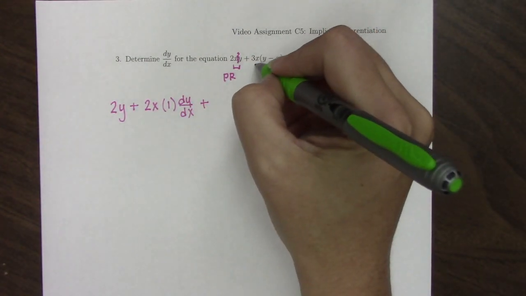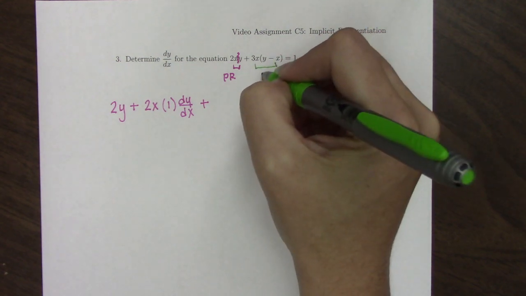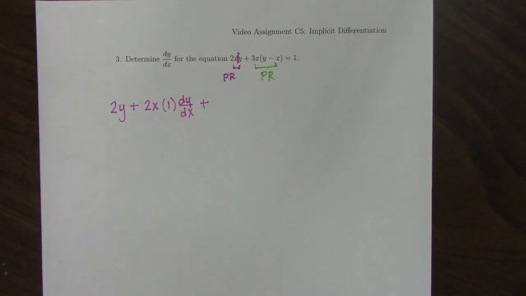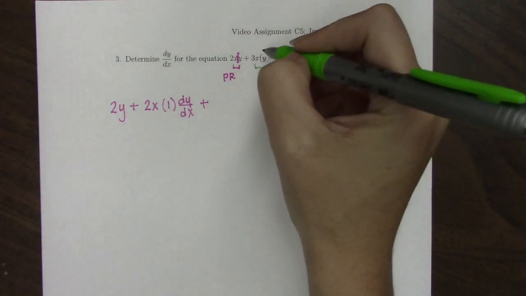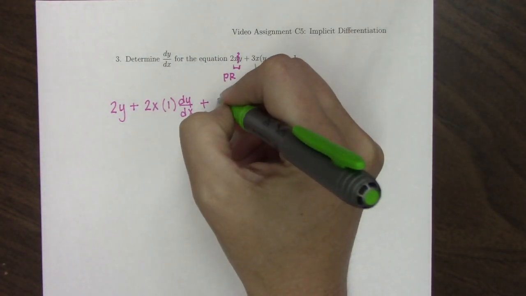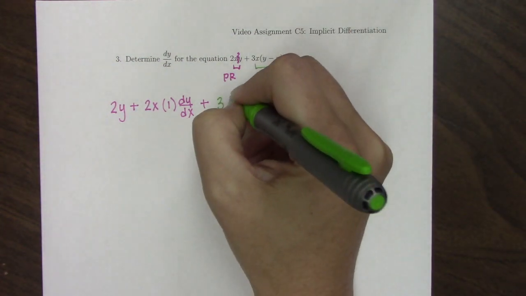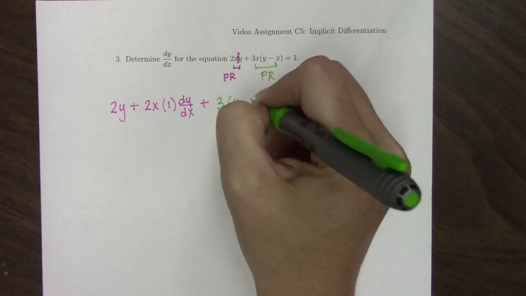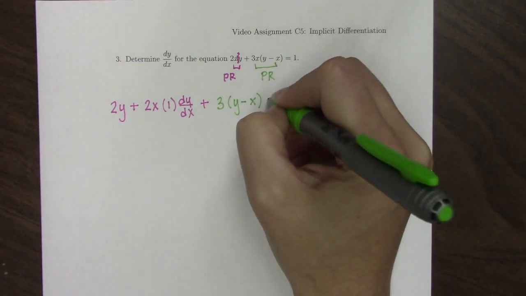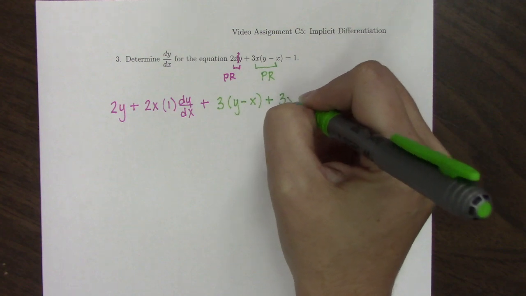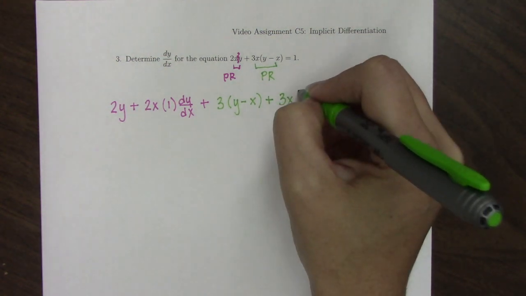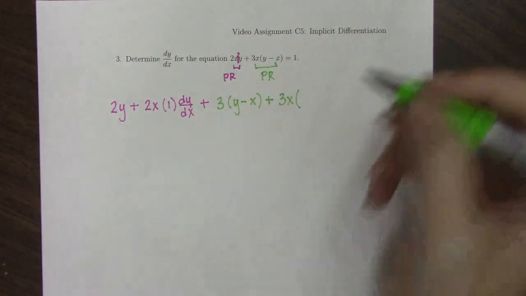This is 3x times y minus x. So we're going to have to do the product rule on this as well. So the first term is 3x. So the derivative of 3x is just going to be 3. Then we multiply times the second term plus the first term, which was 3x, times the derivative of the second